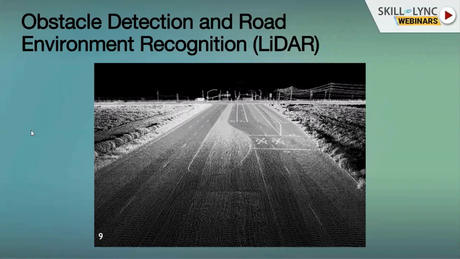So with the help of LiDAR, we can scan the entire road and get information like potholes, barricading, or any small object which can cause our self-driving vehicle to have accidents. To avoid this, we usually do LiDAR point cloud processing and get the information of the road also. So that is another application of LiDAR.